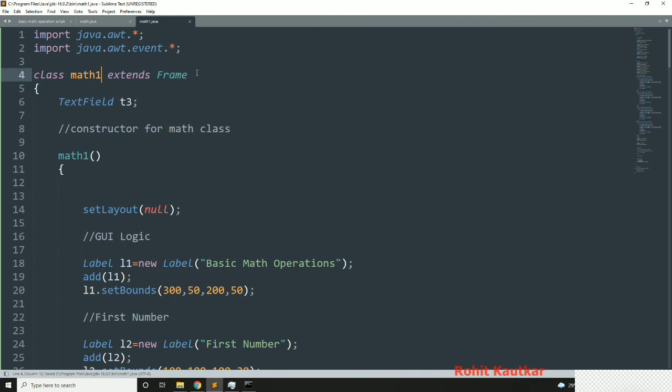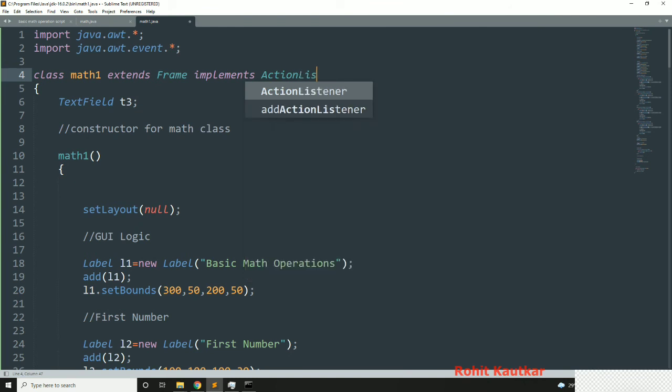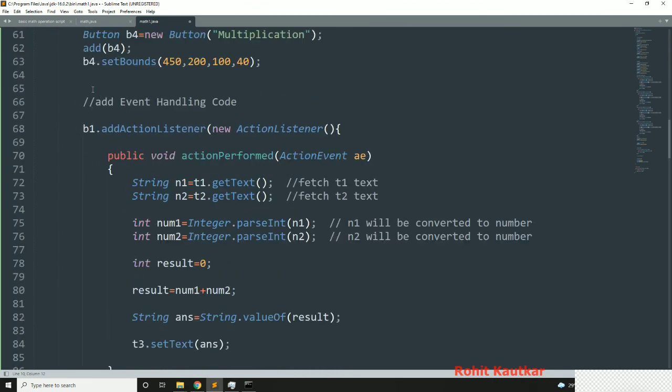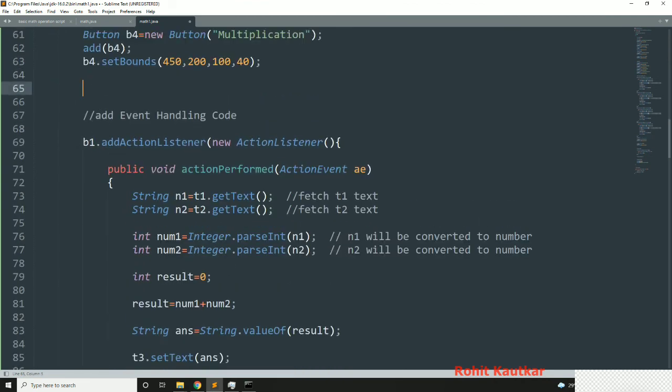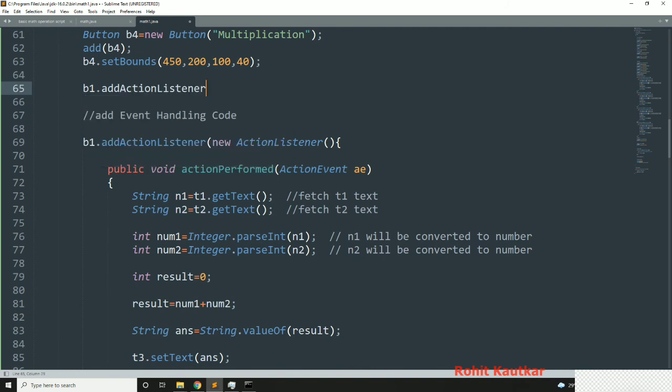Okay, now here I will try to implement the ActionListener interface, and next to this I will try to add action listener for all buttons. So I will write b1.addActionListener(this).